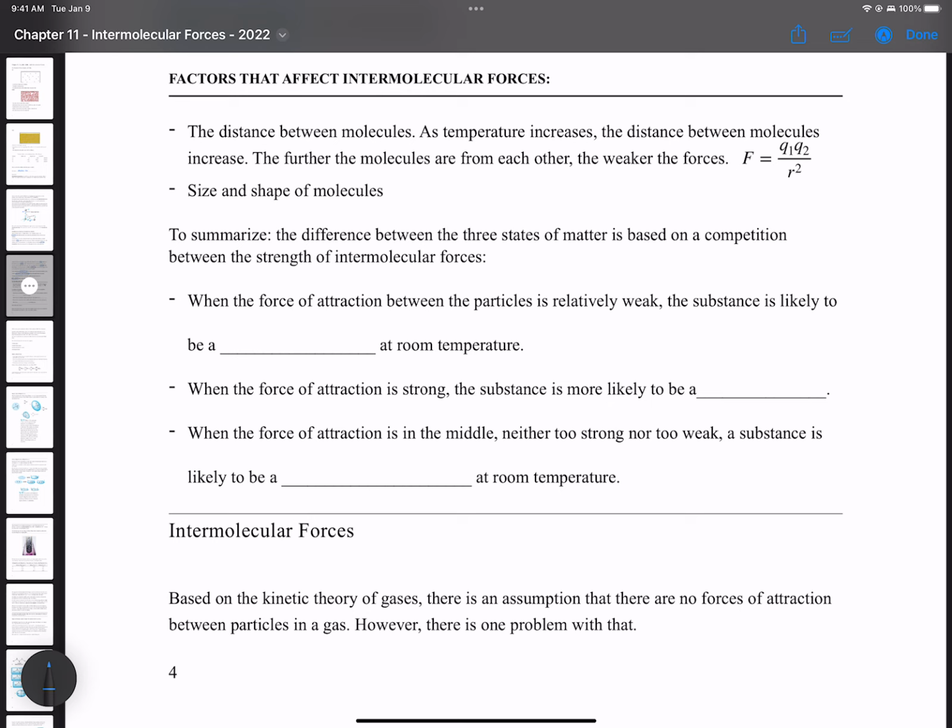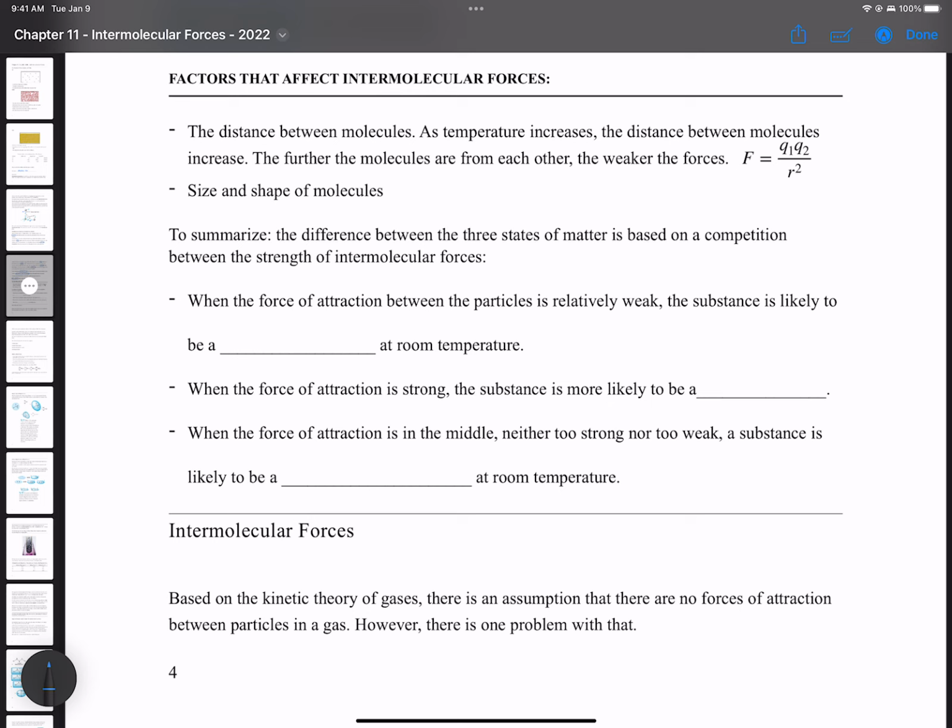So let's talk about the factors. The distance between molecules: as temperature increases, the distance between molecules increases. The further the molecules are from each other, the weaker the forces, as we see from Coulomb's law, force equals charge 1 times charge 2, divided by radius squared. So the size and shape of molecules also affect the intermolecular forces. We'll go into that. So the further away you are, and the size and shape will play a big role. So to summarize here,